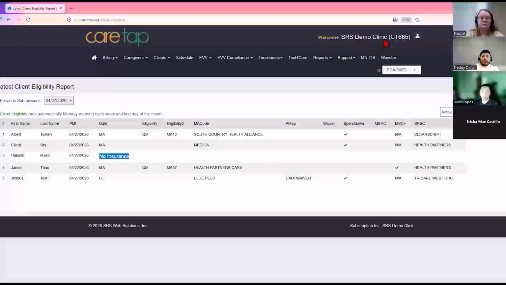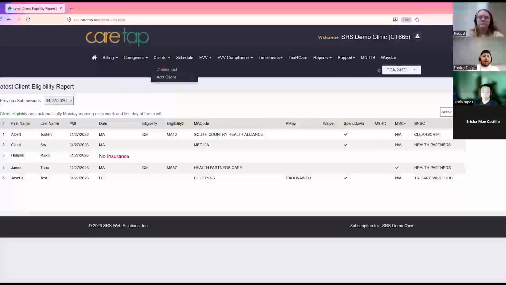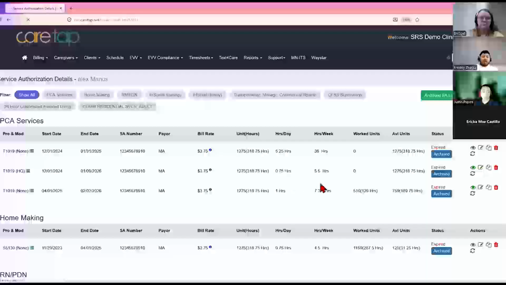It is located on the top right corner, and then you would select client eligibility. Okay, so that's that. And then if you go into your clients list, and go into the service authorization page for that specific client, so if we go here,